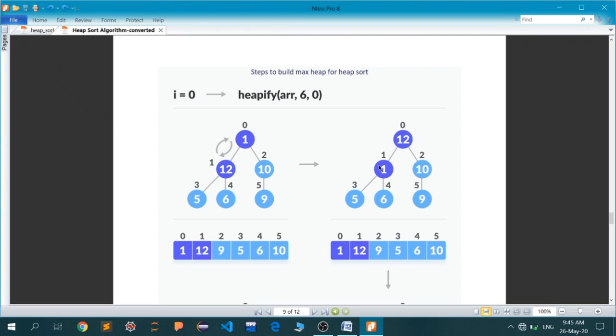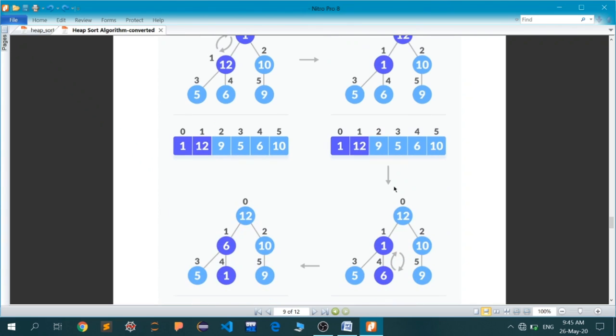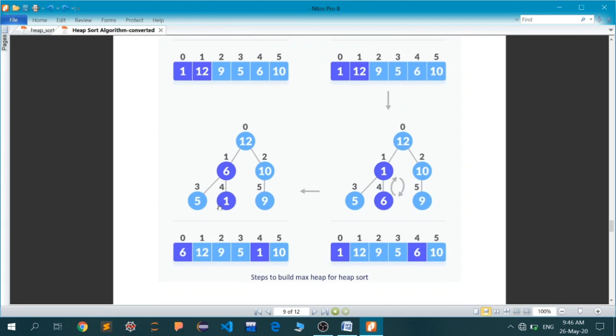So as you can see here, this particular subtree is not a max heap now. So again, the largest value will be found out, which is actually 6. This value is not equal to the initial root value from where the heapify function is applied, so the values will be swapped. And now again it will be checked if this is a max heap or not. Yes, now this is a max heap, and we have reached the leaf nodes. So no further calls to the recursive heapify function will be done. And in this way, the array from the starting, which is a complete binary tree, is now converted to a max heap. So this is a max heap now.